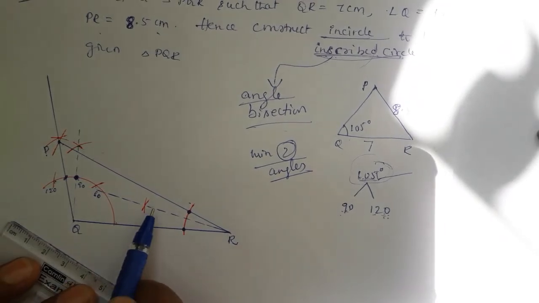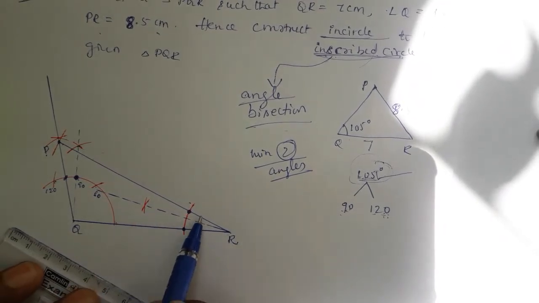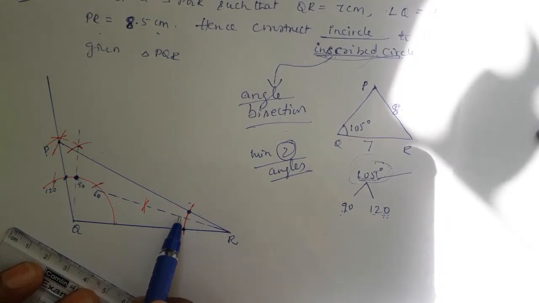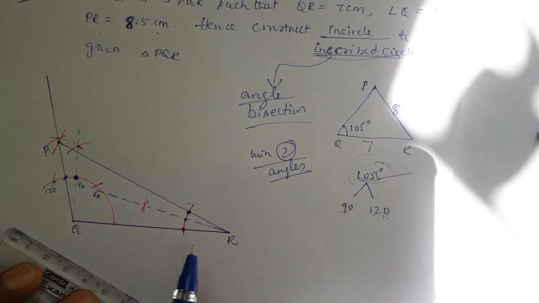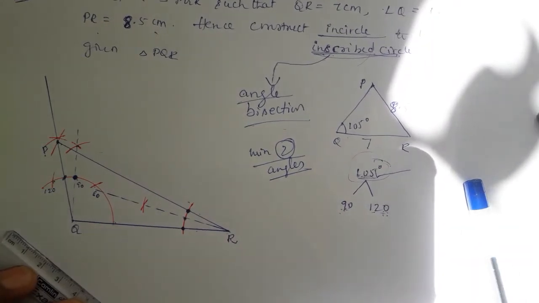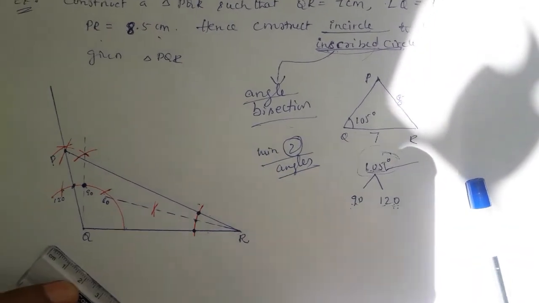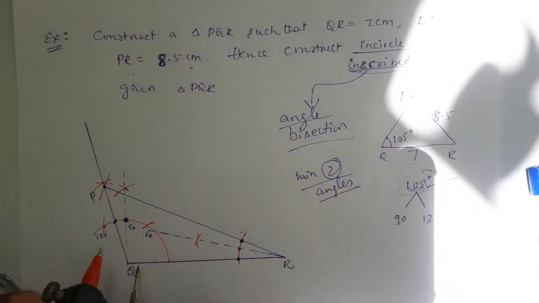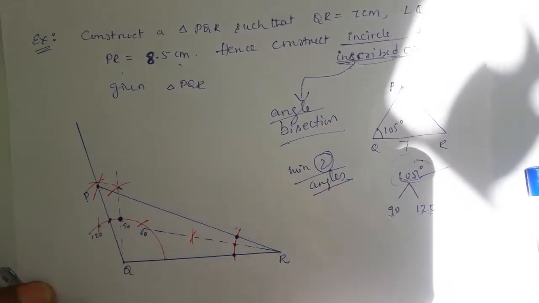So this is called the angle bisection. To check whether this is correct or wrong, see that this line passes exactly in between the angle, exactly between these two angles. Mine went a little to the right side, no problem; actually it should go a little down. So this is passing exactly in between. So one angle bisection is over. We go to one more angle. Two more, Q and P, are left.